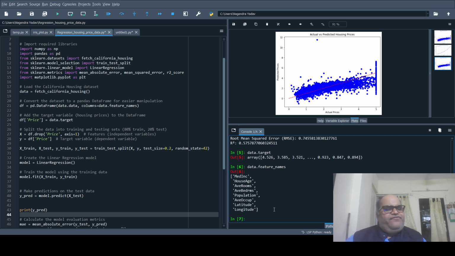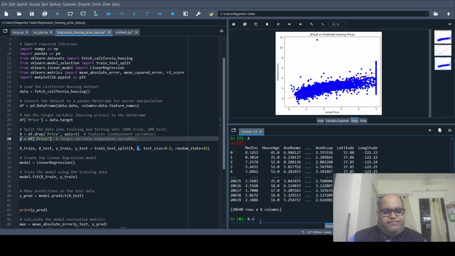So basically what we have done here is define our independent variable and the target, that is price, and then we are simply dropping it and saying our X and Y. So X is your independent variables, Y is your dependent variable, and from there on, if you want to see,